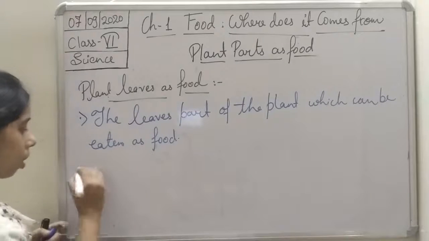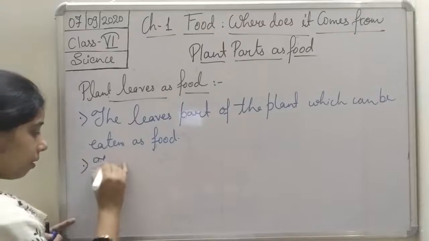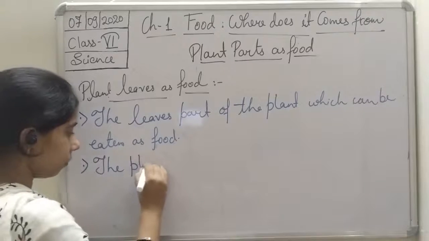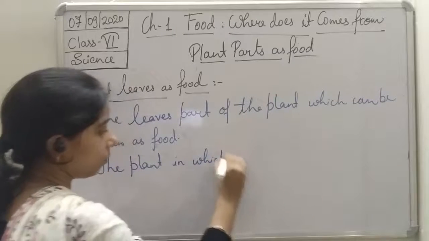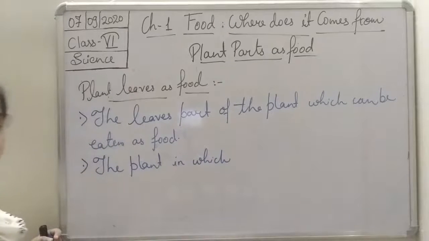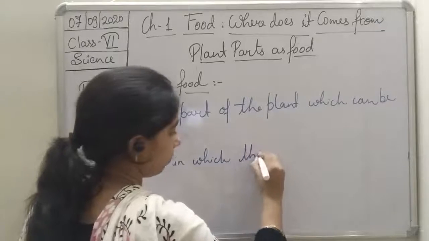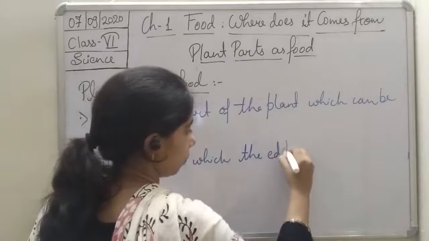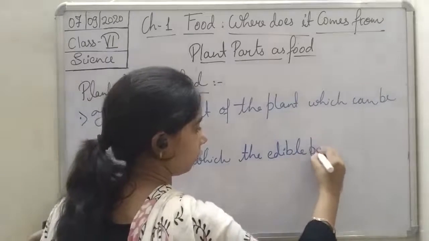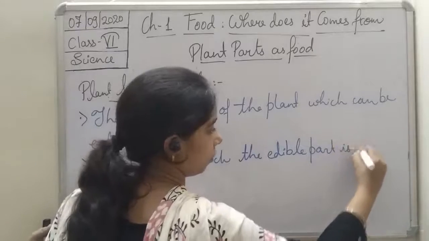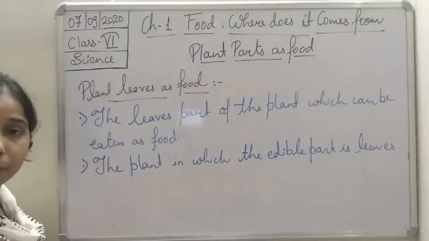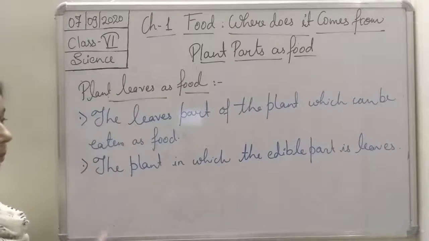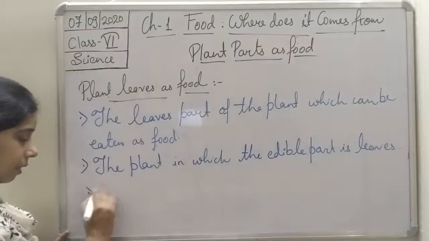Okay, so we can also write the plants in which the edible part is leaves. So the leaves of the plants will be the edible part of the plant,